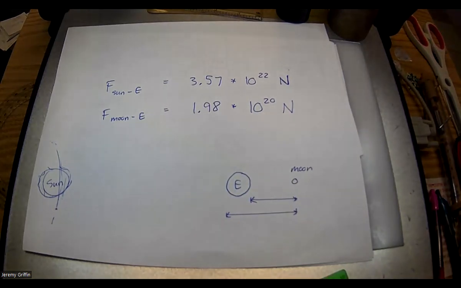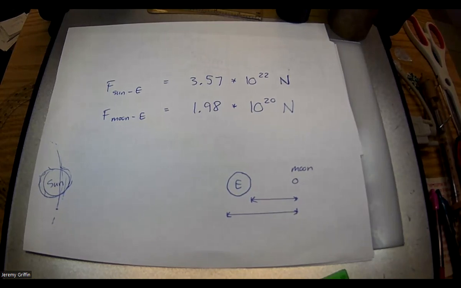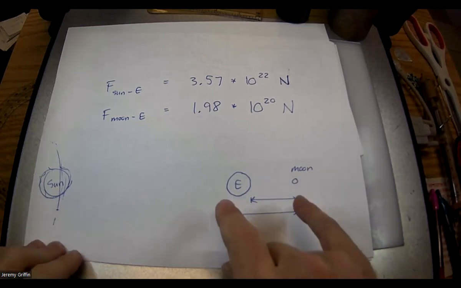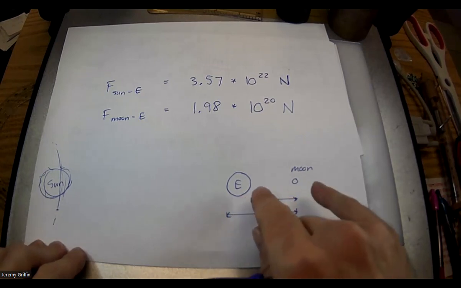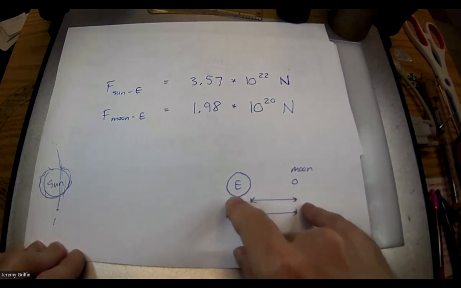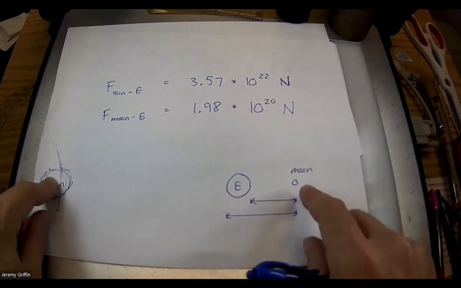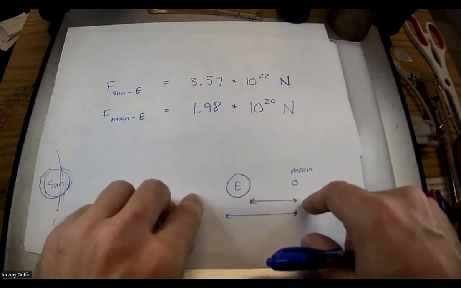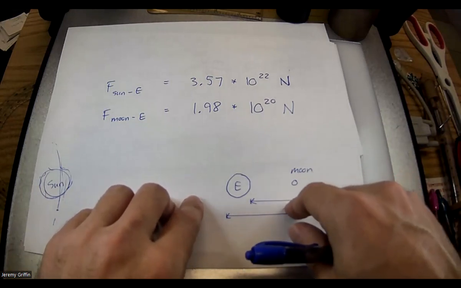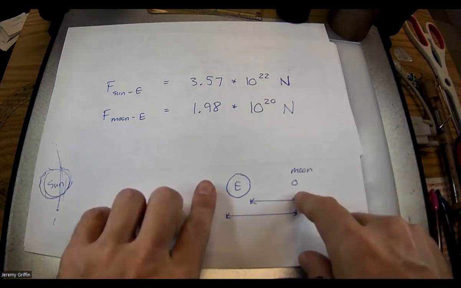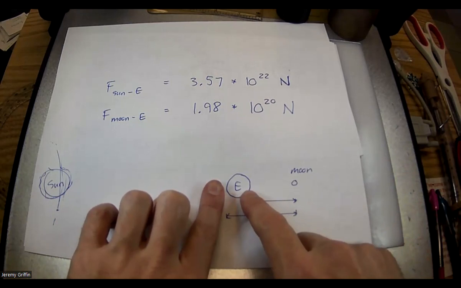Hold on a minute. If the force from the sun is over 100 times the force from the moon, then why is the moon the main driver of the tides? And it has to do with the proportional distance from the close side to the far side of the Earth from each of those objects. Right. So let's start with the moon because that's the answer to the tides. What causes the greater effect? Right. So the fact that the Earth has a diameter.